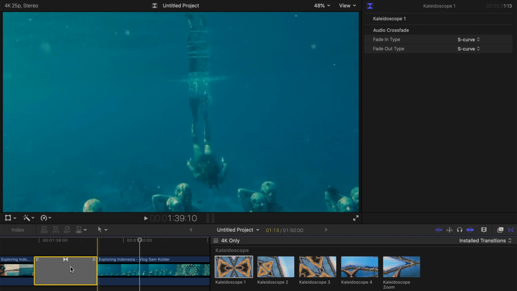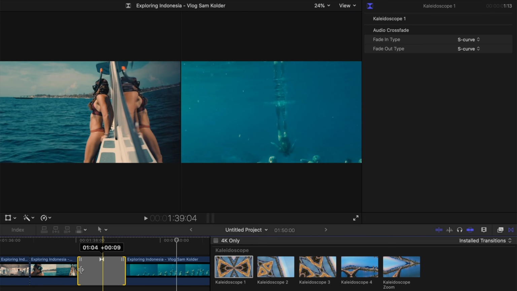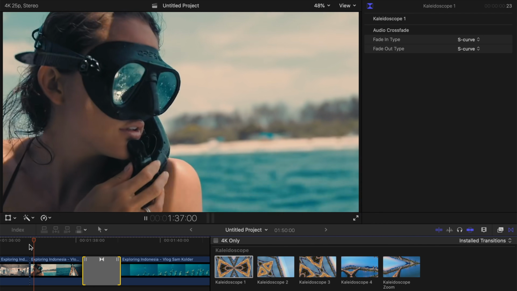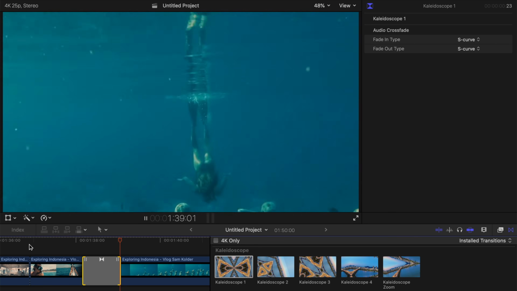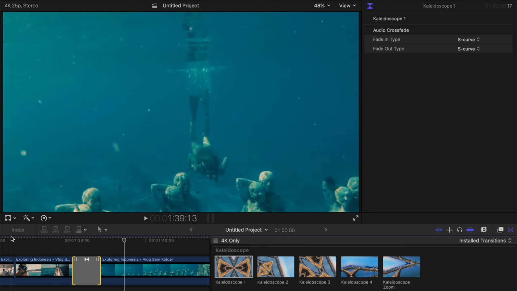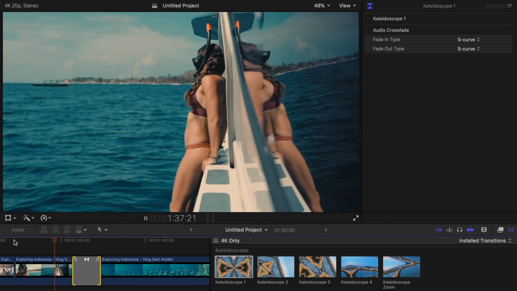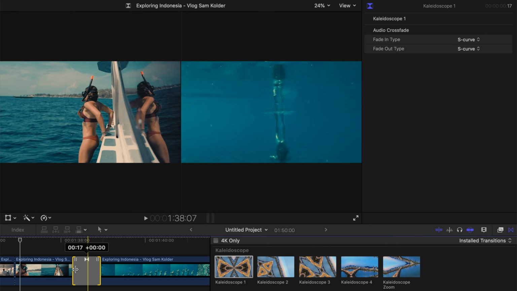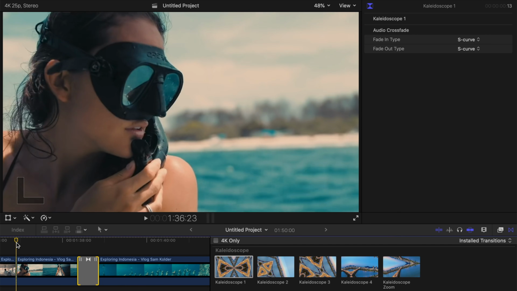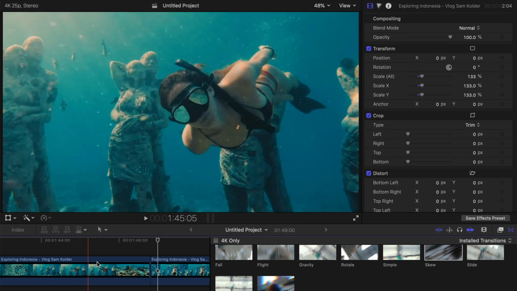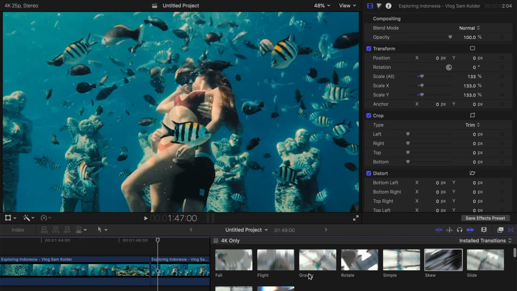The first kaleidoscope, and then we are going to shorten the time to around this time and see if it creates a better result. It's looking more dynamic, and let's try shortening the time a little bit more. Yep, it is having an even greater result, so you can always play around with the timings to see what is the best time for the transition to take place and how long it should be.